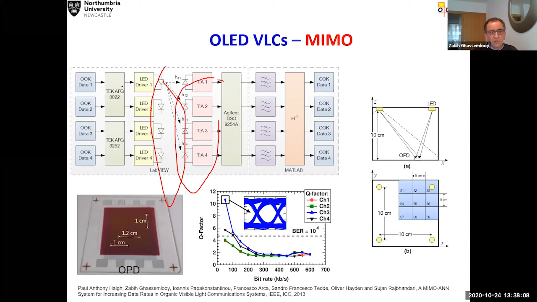And then we use the standard on-off keying intensity modulation scheme. And you can see that we have a very good I and a very low Q. And we are meeting a bit error rate of 10⁻⁶, which is much lower than the 10⁻³. So again, for MIMO application, fantastic.